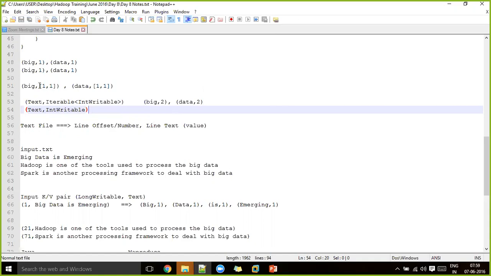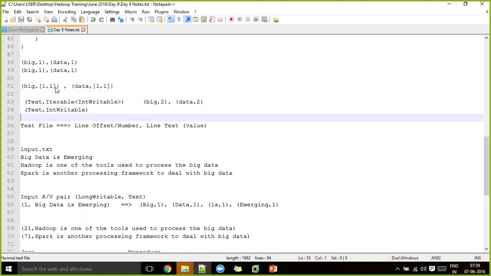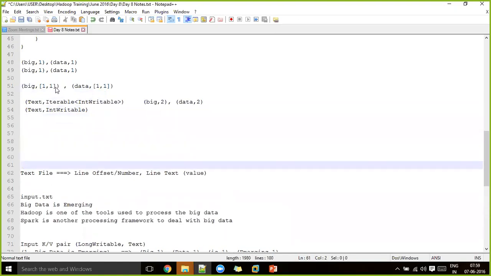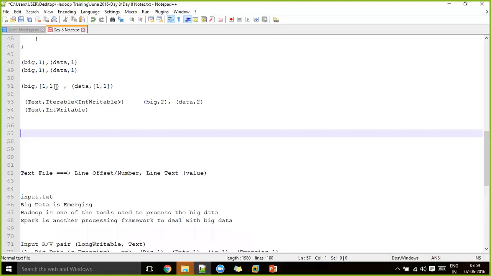So no collection. This collection got summed up into one integer value. You are giving the final result. So that is the logic that we should do inside the reducer. Now, keeping that same MapReduce program logic, let's write class word count